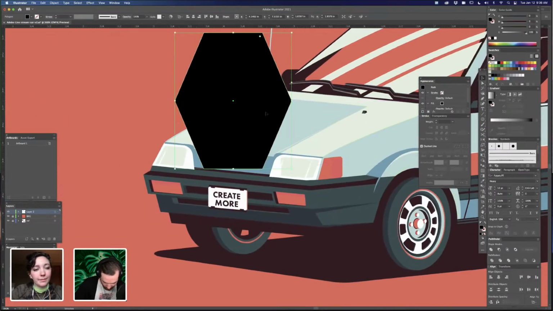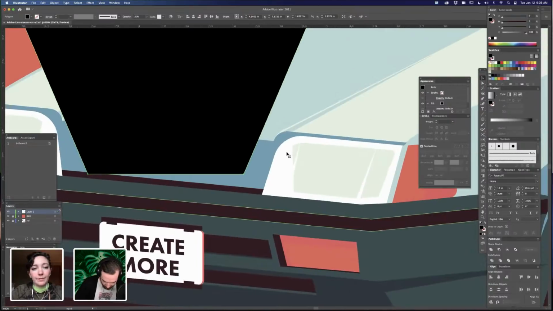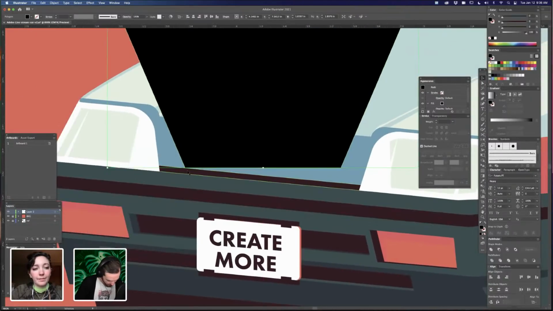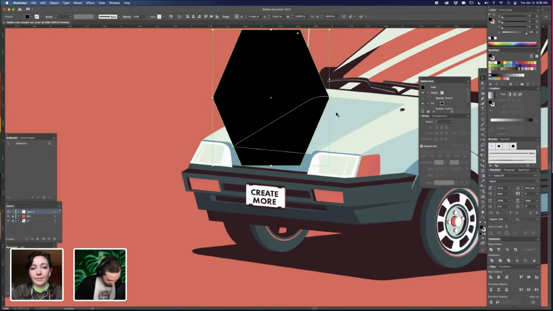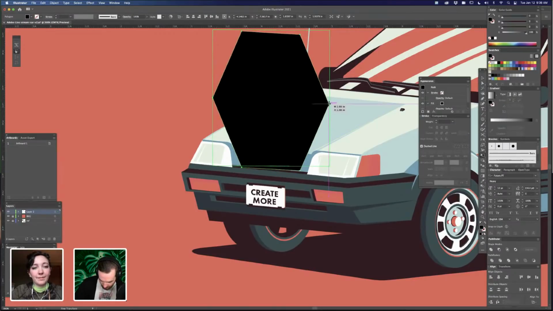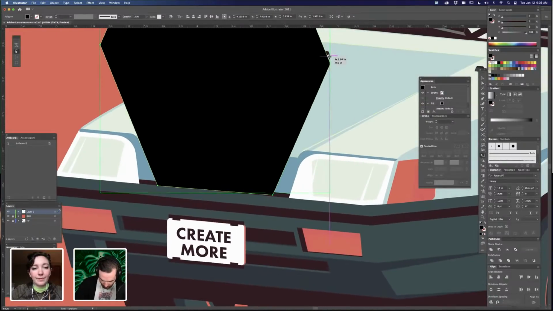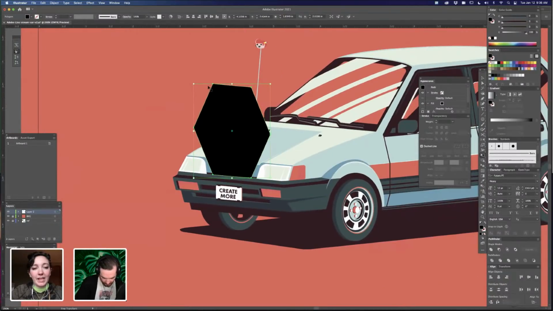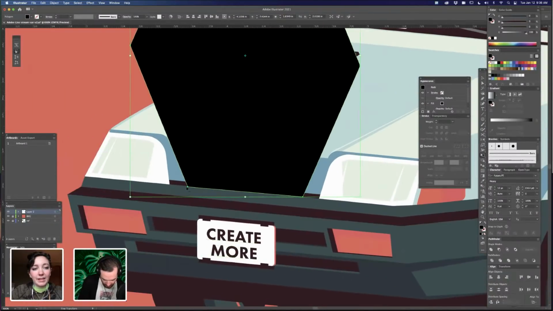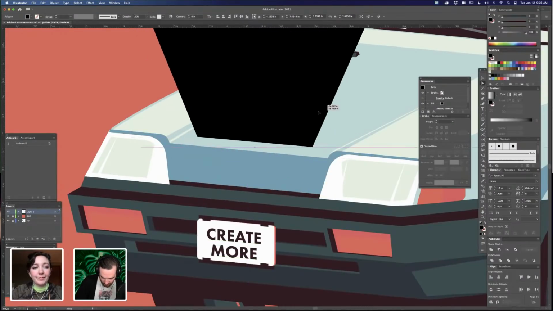So I'm gonna get this point close to where that angle starts right here. And then I'm gonna skew it and bring it down a little bit. If you click E, that will give me this distortion transformation tool. I'm pushing it down, trying to get it on the same line. There we go, that's close enough. You see what I did there? So now I have the same, or close to the same angle as the front of the car,